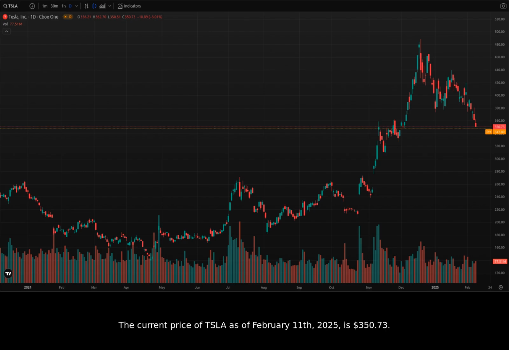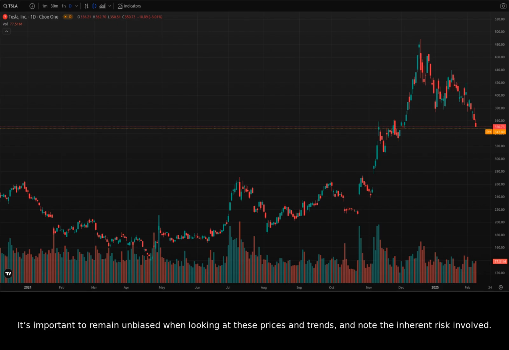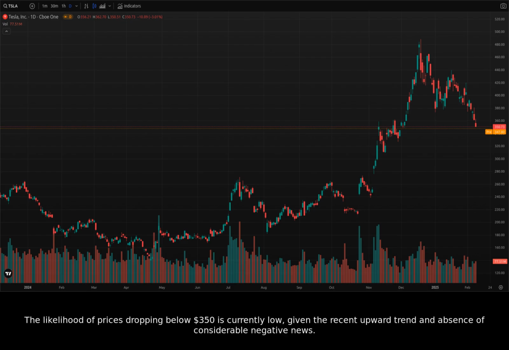The current price of Tesla as of February 11, 2025, is $350.73. It's important to remain unbiased when looking at these prices and trends, and note the inherent risk involved. The likelihood of prices dropping below $350 is currently low, given the recent upward trend and absence of considerable negative